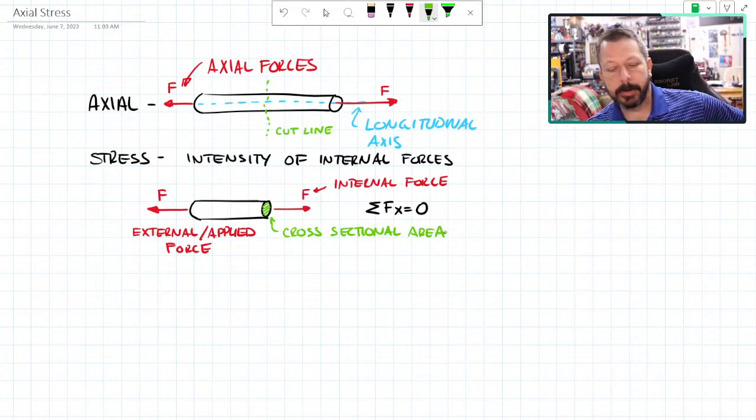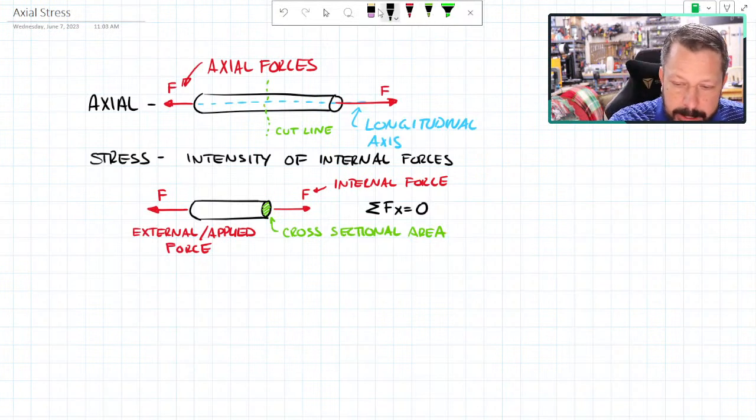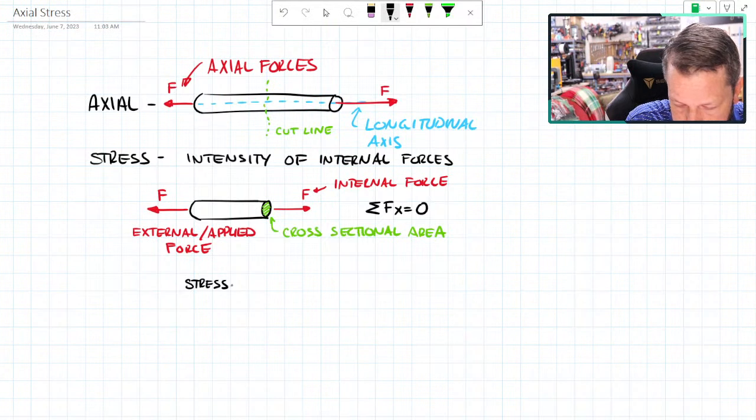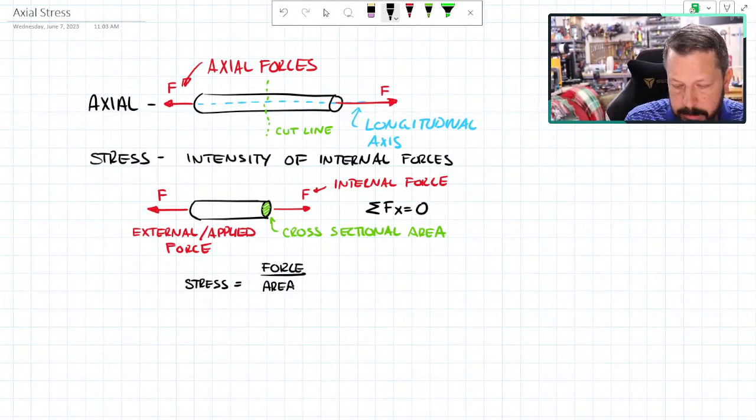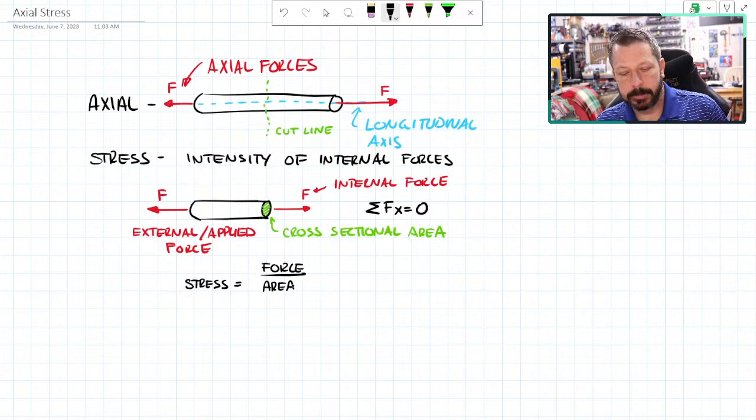So that cross-sectional area is where this internal force F acts. So it acts on that area. And to get the idea of intensity, how I actually calculate stress, stress is equal to force divided by the area that it's acting on. So whatever force we're talking about, in this case that internal force F, is spread out over this area